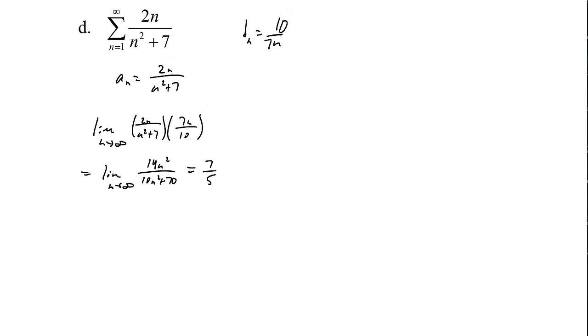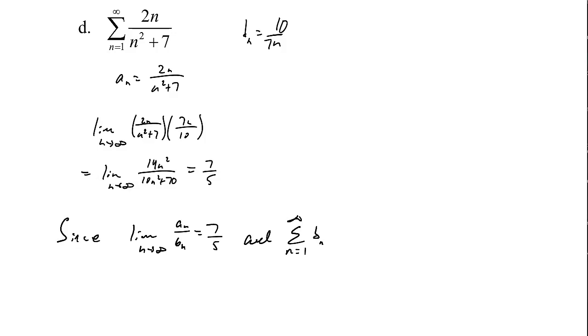So I will say since the limit as n approaches infinity of a sub n over b sub n is 7/5, which is a finite positive number, and the series that I made up,